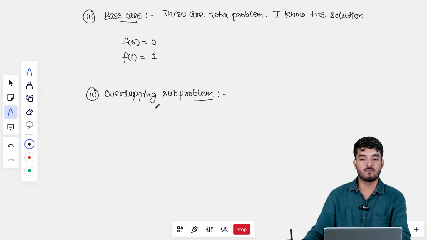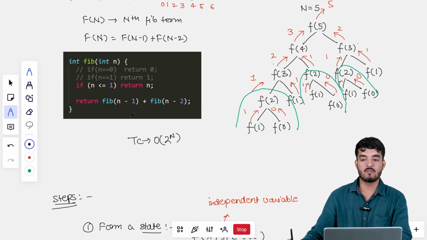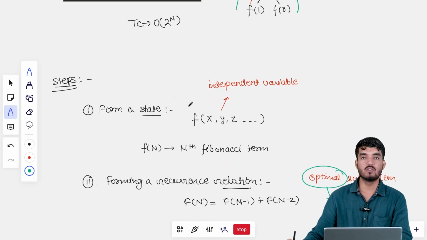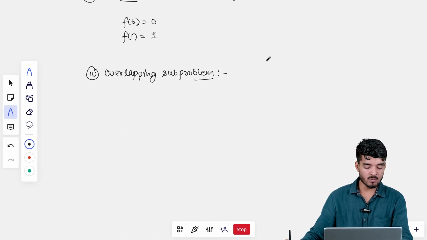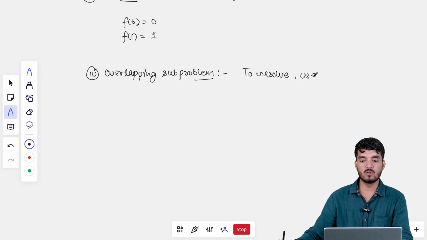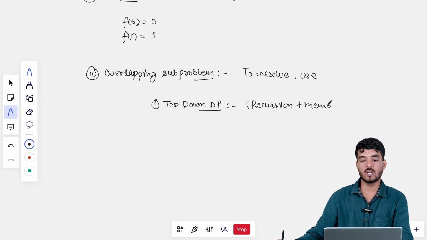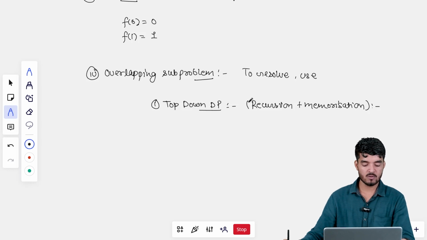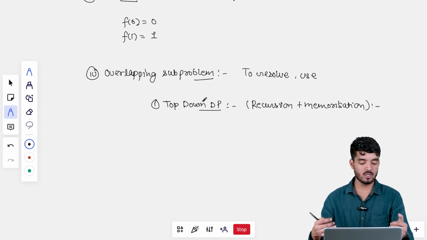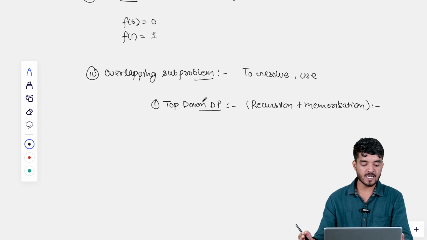As we have seen in the recursive tree of the Fibonacci series, here we have overlapping substates. So what I will do is store the answer for each and every state and use it in the future. To resolve an overlapping subproblem, there are basically two methods. The first one is the top-down approach, which is recursion plus memoization. We write exactly the same recursive function and use a data structure to memoize or store the answer for every state. In this top-down approach, we start building the solution,